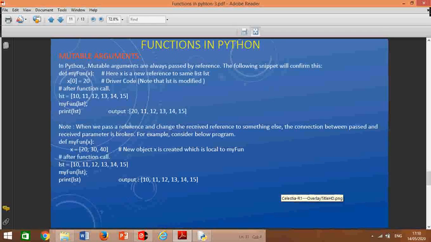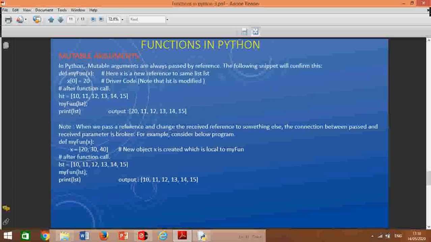Then next is mutable arguments. In Python, mutable arguments are always passed by reference. Mutable means which can be changed, which can be modified. I know that a list is modifiable, a string is immutable. Here in the example, I am taking a function that takes one argument x, which is a reference to the list.